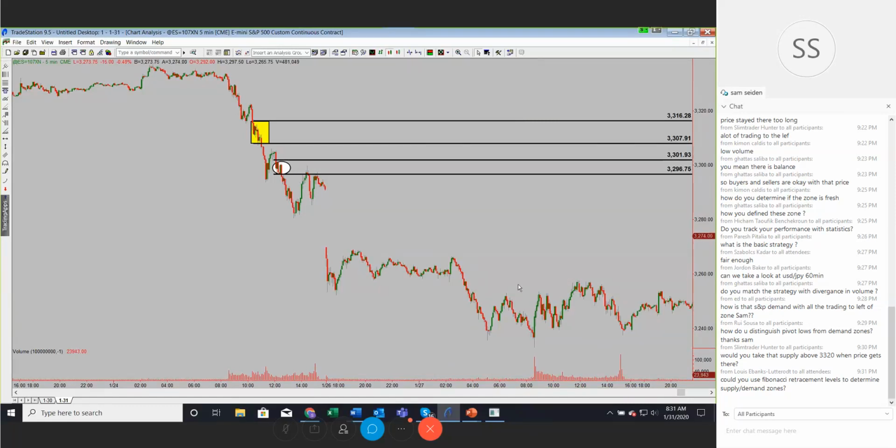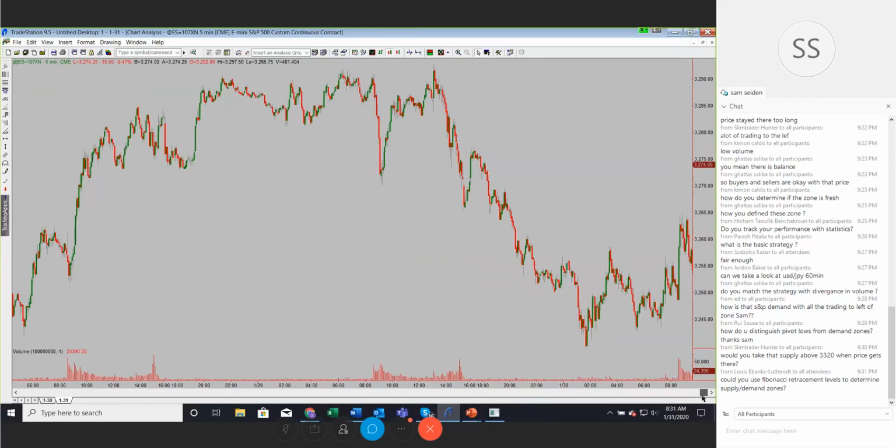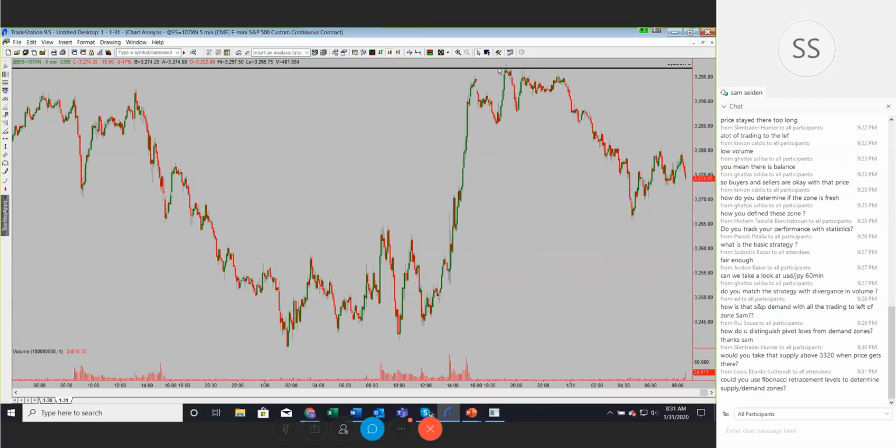The reason why I didn't take this area out is because yesterday price just touched the level and fell, suggesting that there's still quite a bit of supply up there. Now notice in the early going here today, price is churning at this area here. Now this is an overnight supply zone, so we would almost never take this.